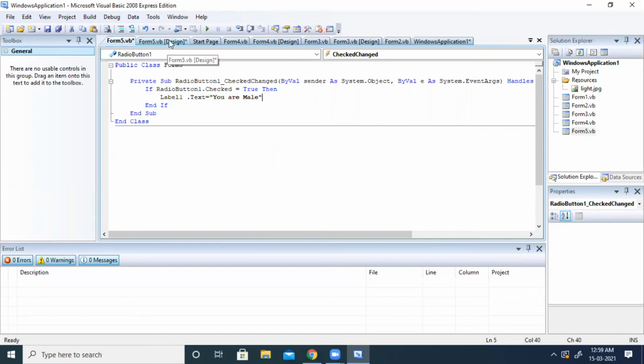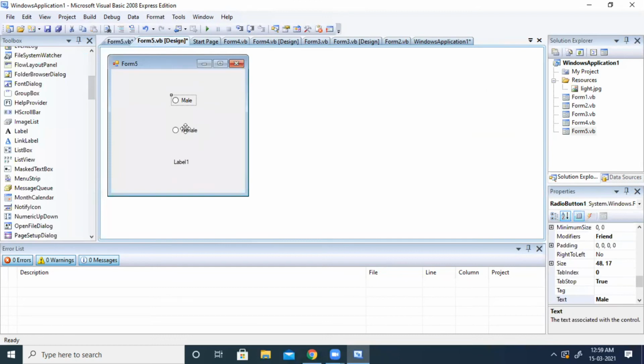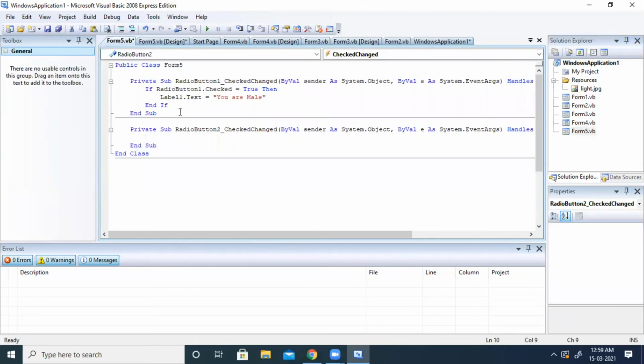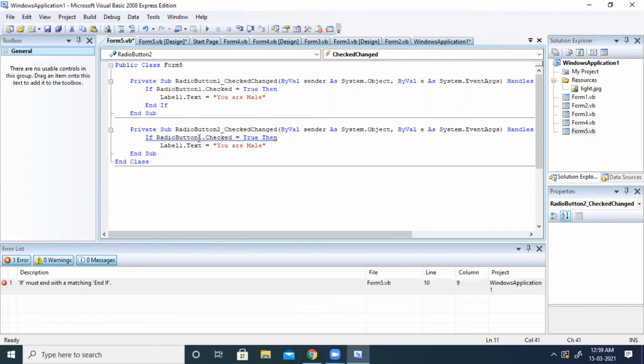Same way you go to the design part and double click on radio button 2. Same coding I am copying. In case of radio button 1, I will make it here radio button 2. So radio button 2 checked equal to true, then label 1 dot text, "you are female".